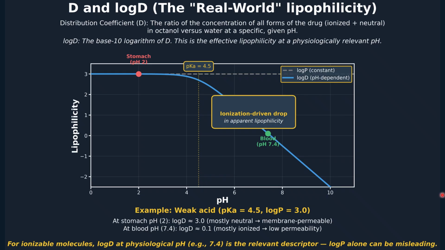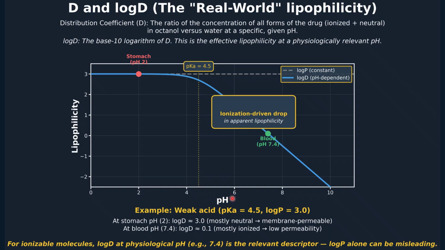And then you notice what happens here at a low pH, around 2 in the stomach. Log D is high, around 3, because the molecule is mostly neutral and membrane permeable. But as pH increases,